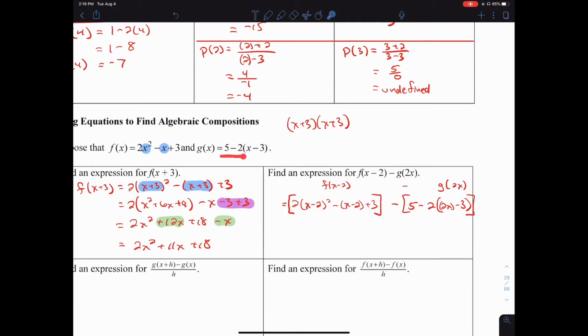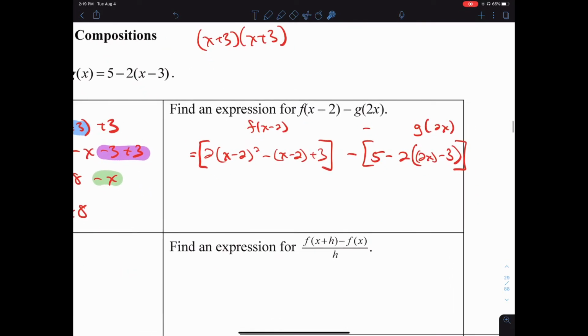We subtract from that function g. G is 5 minus 2 times x minus 3. So we have 5 minus 2 times 2x minus 3. Are these brackets mathematically needed to do this problem correctly? Yes, because of the subtraction in front of it. If we simplify this, we're going to get 2 times x squared minus 4x plus 4 minus x plus 2 plus 3. I'm going to hold off distributing this minus for now, so I'm going to leave this in brackets,